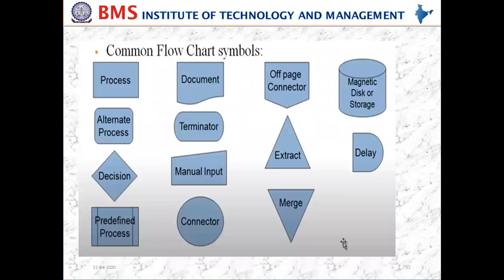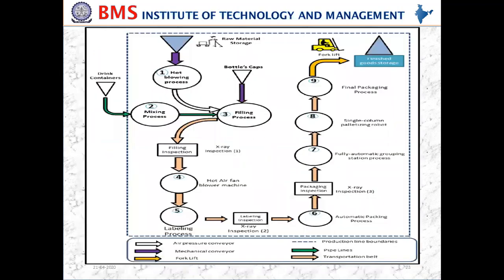When you come to the process flow diagram, these are the symbols which are going to be used: process, document, and all this. These are the symbols used for delay, the D symbol, and for storage, like magnetic disk or storage. We are going to use these. This is the example which I have taken for a bottle filling plant: the hot blowing process and then the filling process and mixing process, drink containers, then filling inspection, whether the bottle